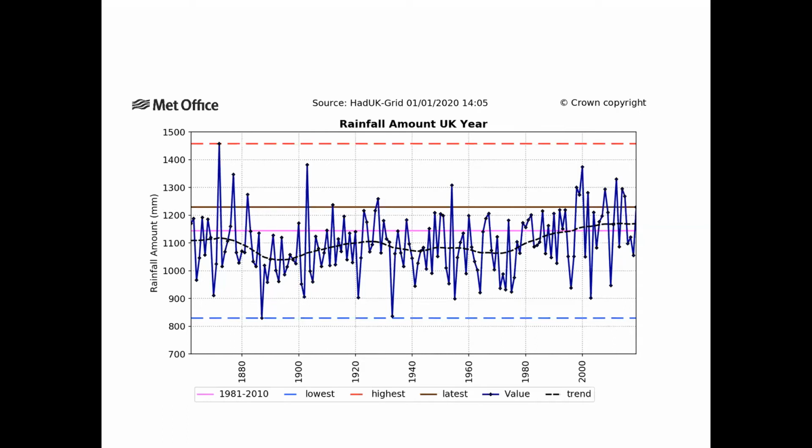And in turn, that can generate higher rainfall and more variable rainfall. There's lots of other lines on this graph, so historic maximums and minimums in terms of rainfall. But I just wanted to point out that actually this is a measured record, and this shows us that this trend, that the amount of rainfall we've experienced has been increasing, even if future predictions suggest that it may not increase further, but actually might just become more intense. So we can't quite see what's going to happen yet on the right hand side of this graph, and to use some creative imagination of what we may think could happen under different climate projections.